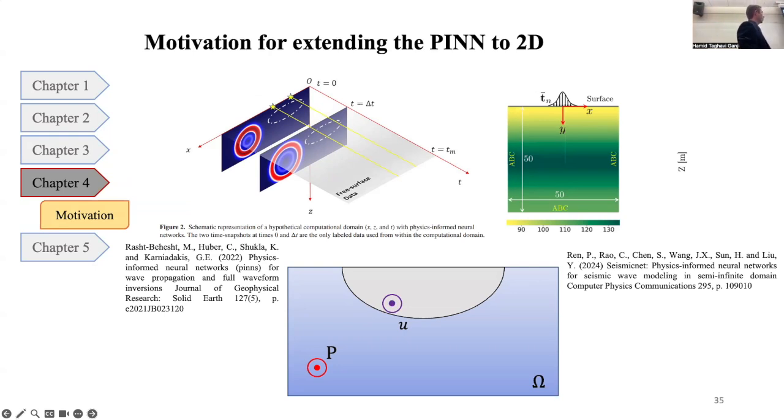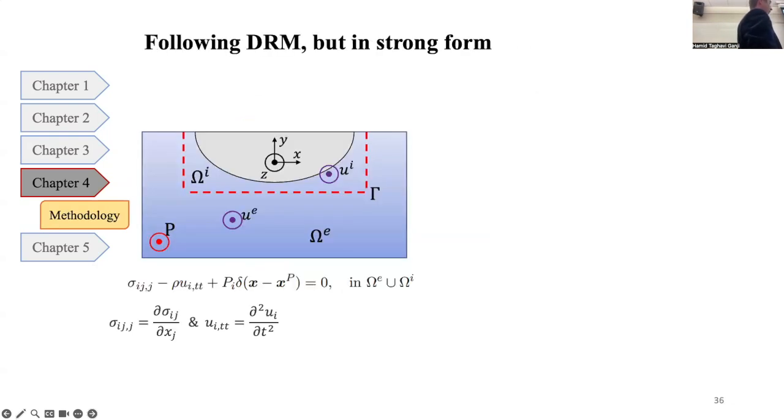So for the first time, we are going to solve a problem where we have a localized feature, and we are going to consider the effect of remote excitation or far field excitation. For that purpose, we followed the DRM, but in the strong form of partial differential equations. Similar to the original paper of the DRM,